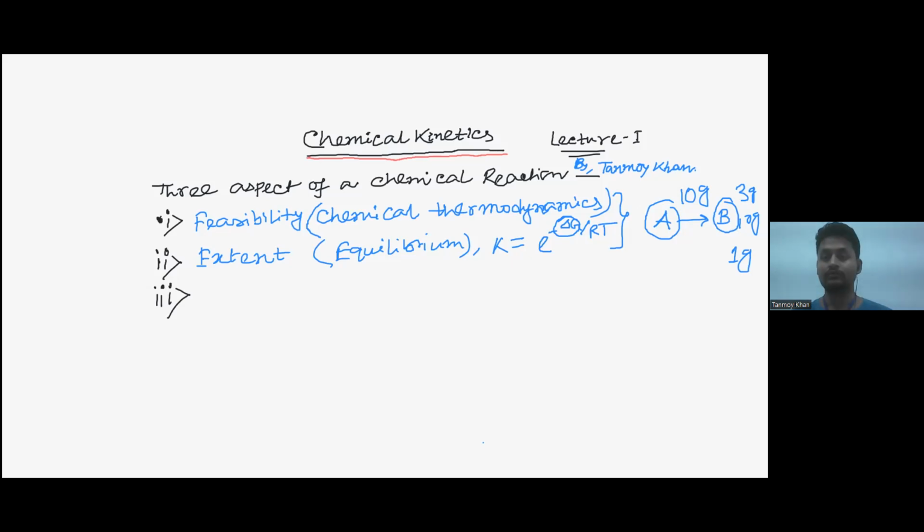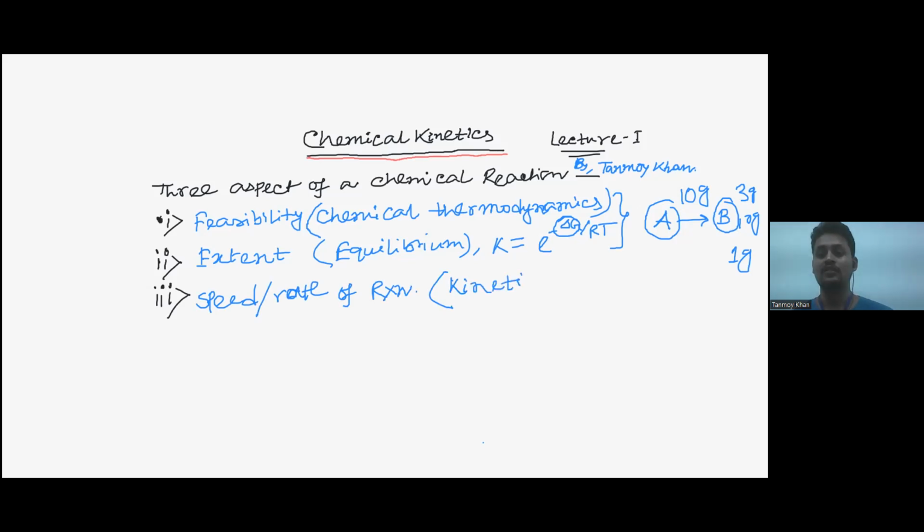Now the third question. Let's say the reaction is actually occurring. Now we need to know how much time it will take to complete the reaction. Because otherwise, the reaction may be a one-year reaction, not that kind of fast. Let's say graphite into diamond, it's a very, very slow reaction. So you should know that. That is the dynamics, or what is called the speed of the reaction or rate of the reaction,